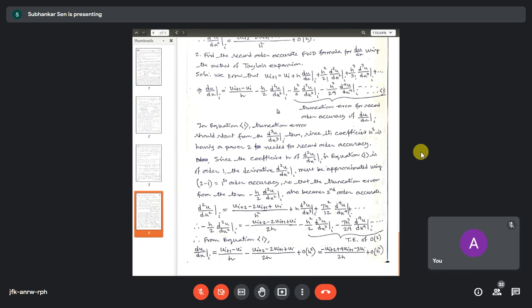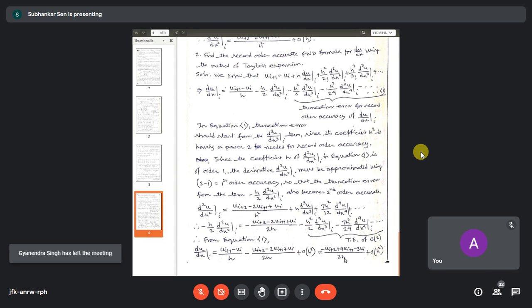So this is the forward expansion. We are going only in the forward direction. This is the truncation error of order 2, and we just substitute this term here. Then we find that du dx at the ith node is given by this formula. After simplification, when you take these terms together with the order 2 truncation error, you find this expression.